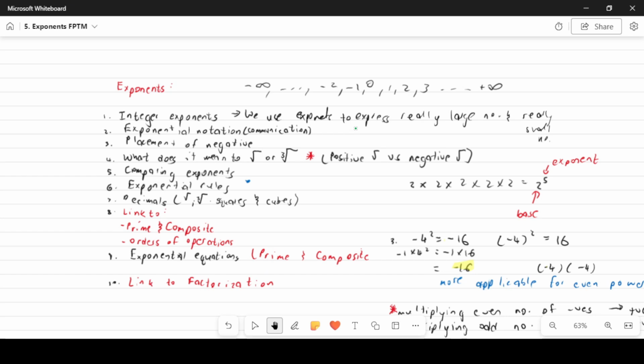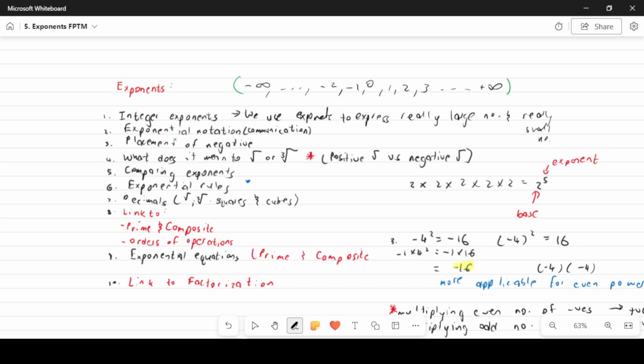Okay, so let's recap what we have done so far. Firstly, we talked about integer exponents. We said that integer exponents are where the exponents are integers, and we've defined what integers are in the number systems module, so we understand exactly what that is. We then moved on to exponential notation and discussed the basic structure of a term that has a base and an exponent, right? And we said that it's used for communication, so we all have to understand exactly what we